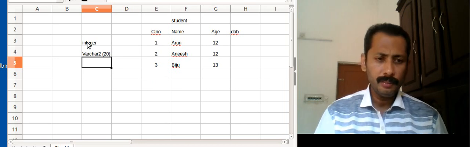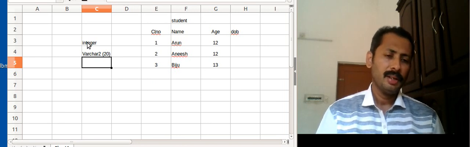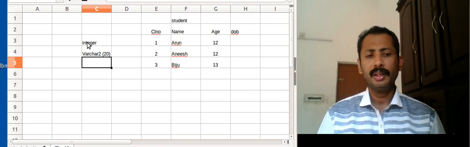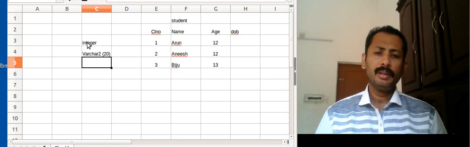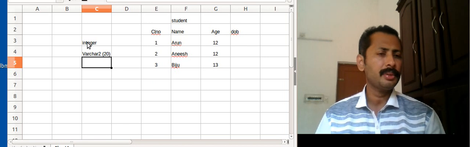So this is the concept of variable character. So integer, varchar. There is a type called date also. For storing dates we have date. I will tell about the different types of data, or data types, later.